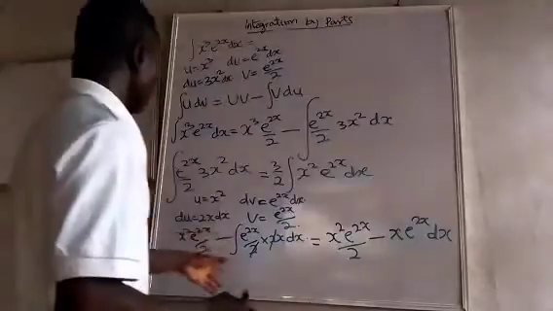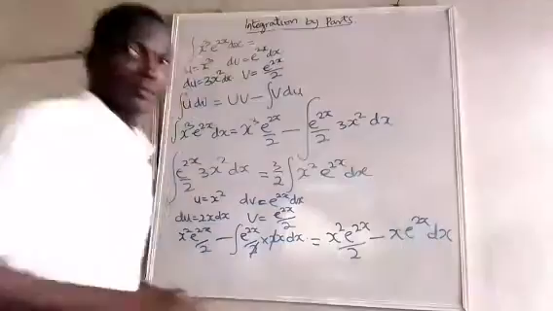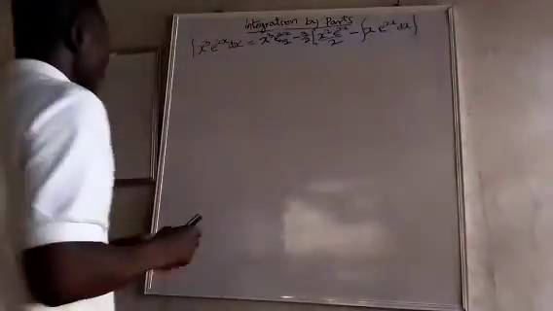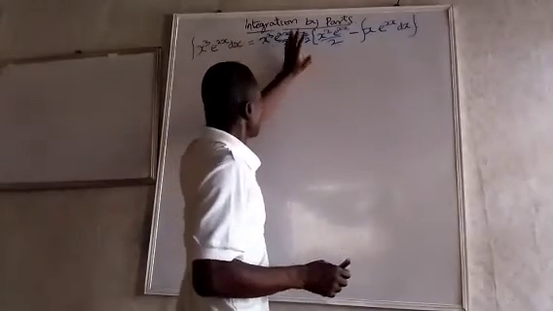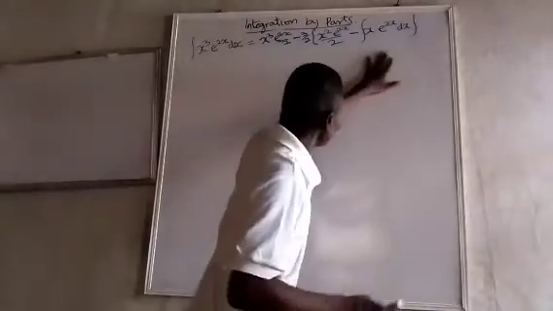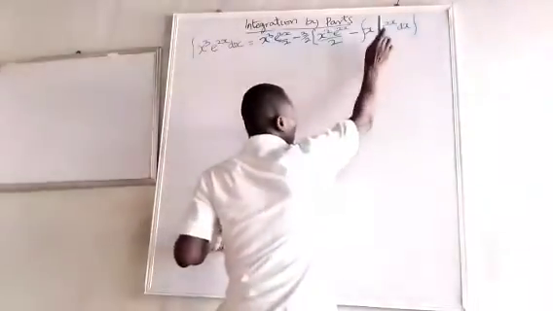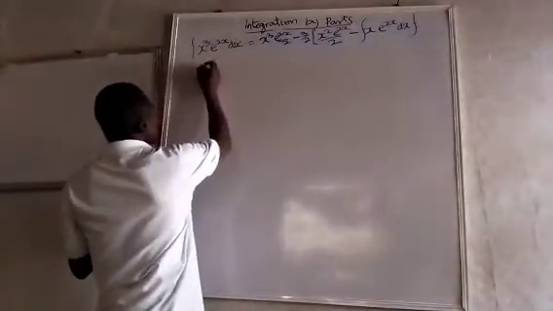But because of the space, I want to summarize everything here. Now, I have brought everything up here. So this one is equal to x cubed e raised to power 2x over 2, 3 over 2 into brackets into all this. So this is the only one giving me a headache now. Let me work on this one. So I have x e